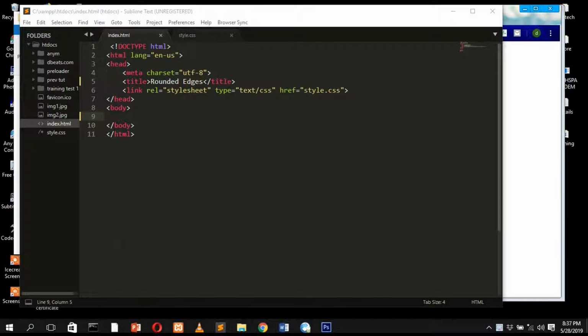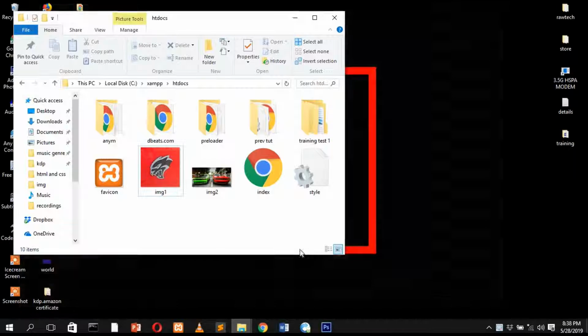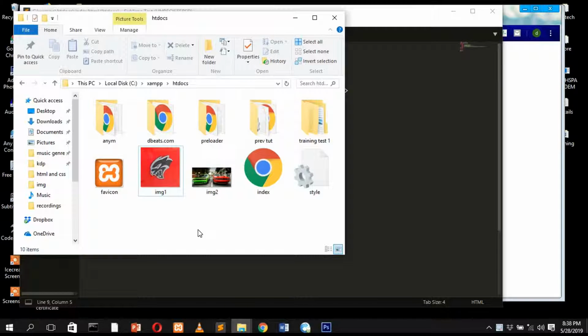Hello guys, and welcome to tutorial number 27. So in this video we're going to be taking a look at rounded edges, and what we're actually going to be doing is seeing how we can round off the edges of images and certain elements while coding. So first of all, right here within my root directory,